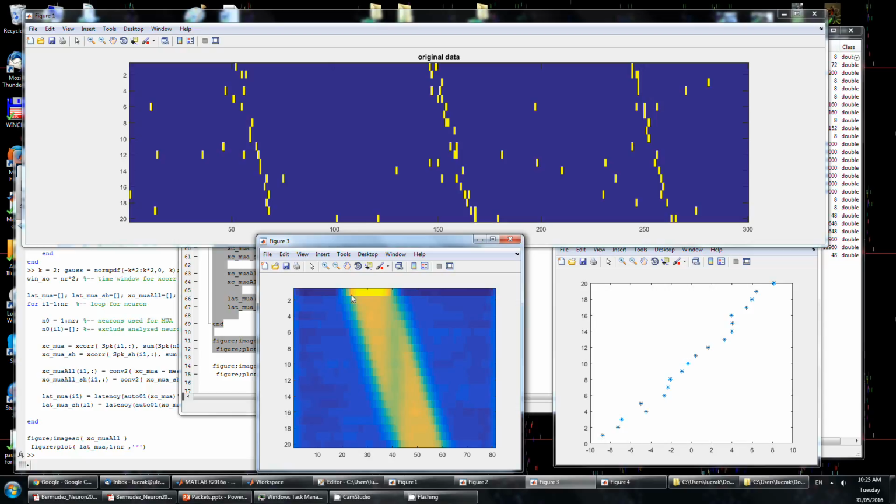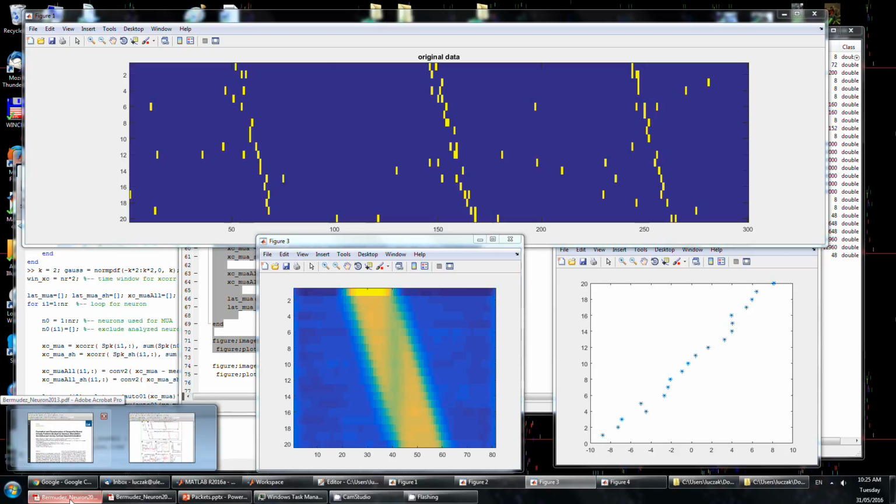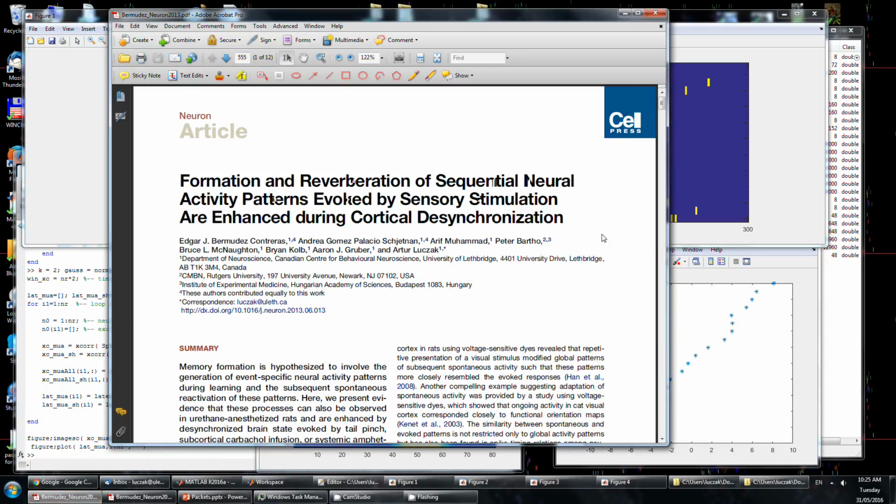And now, how to quantify this sequential order? One way to do it is to calculate the center of mass of this cross-correlogram. So we can plot this cross-correlogram and look at what the center of mass is. An illustration of this can be found in this publication. Three years ago we had this Neuron paper, Formation and Reverberation of Sequential Neuronal Activity Patterns Evoked by Sensory Stimulation,